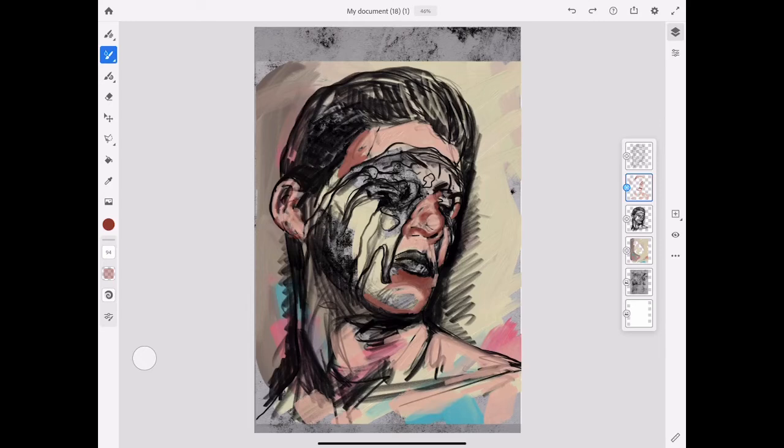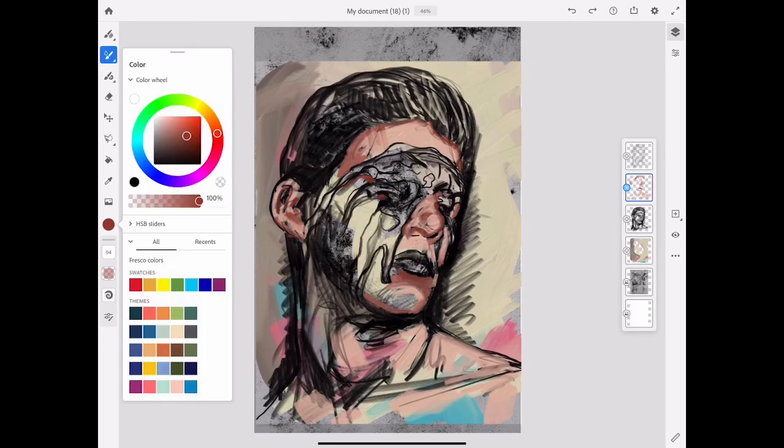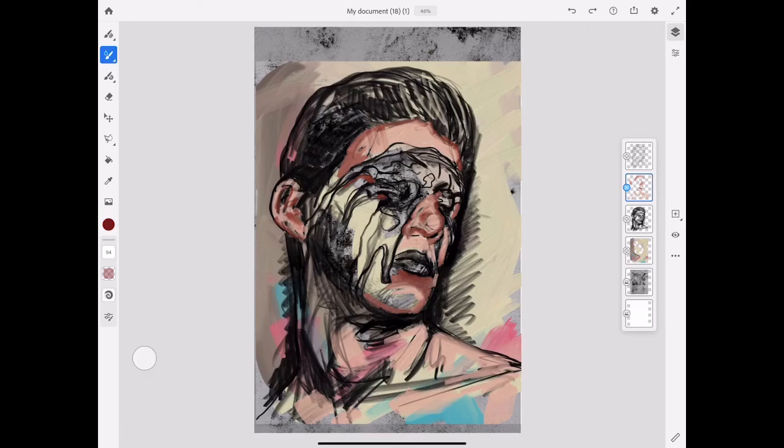Oh, and just as a little tip here, you might see on the right hand side there that I have a very faint pencil layer on top. And this is a little trick that I do, and it helps me to kind of keep my painting on track, if you will. So basically what I would do is select the pencil layer and duplicate it. To do that, you select it and then select the three dots on the side, and it gives you the option, or you can just tap on the layer, duplicate layer,